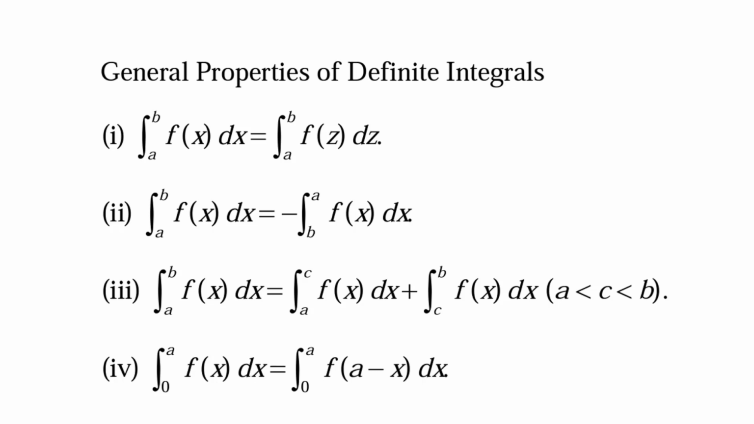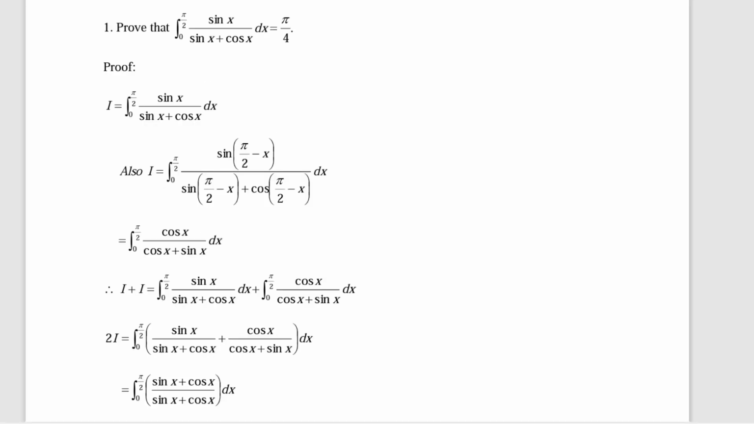integrals. In our first problem, we have to prove that the integration of sin x over sin x plus cos x dx is equal to pi by 4, where the limit is from 0 to pi by 2. First, let us assume this part as I. Next, one of the properties of definite integrals is that if the limit is from 0